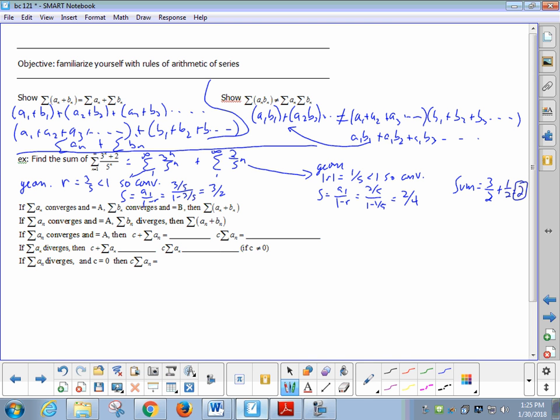All right. So it amounts to rules for dealing with series. Imagine these are all infinite series. If this first series converged to a sum, when I say equals A, that means the sum approaches some finite number A. And the second series converges to some finite number B. Then the combination of the two would be A plus B, and obviously it would converge. Okay? What if the first converged to A, but the B series diverges? What's finite plus infinite? Infinite. Divergence.